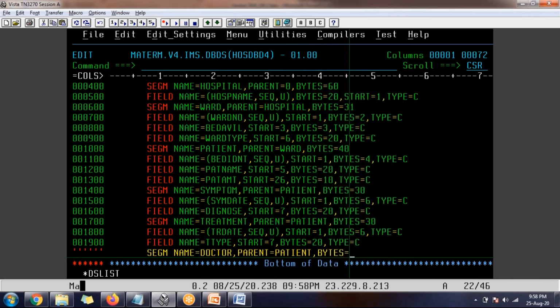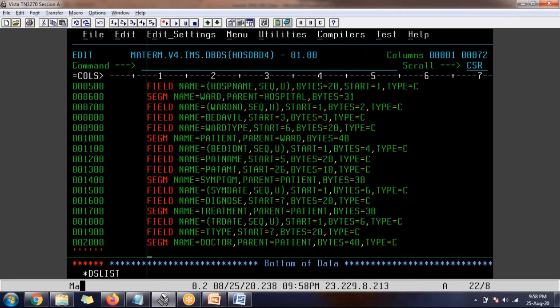What is the total length? We can give 40. You can also give the entire segment type, like C. You're good to give it that way also. All of them will be character type, so if you don't give it, that is perfectly fine.